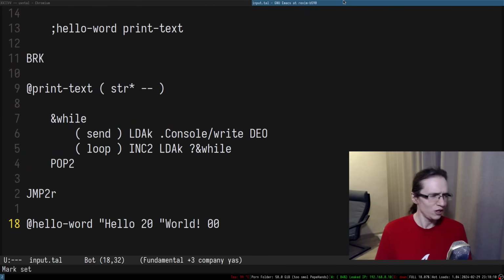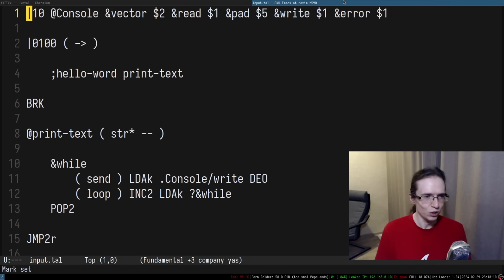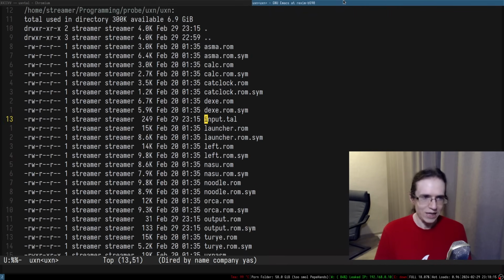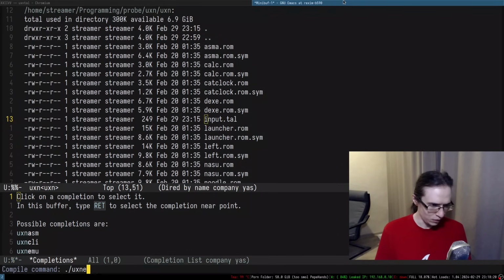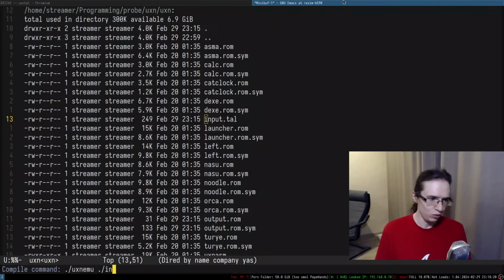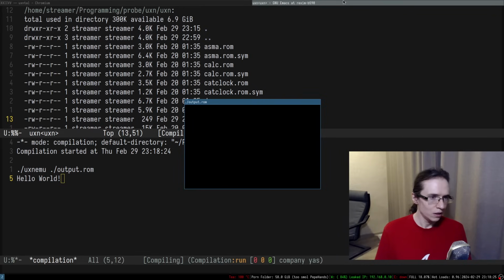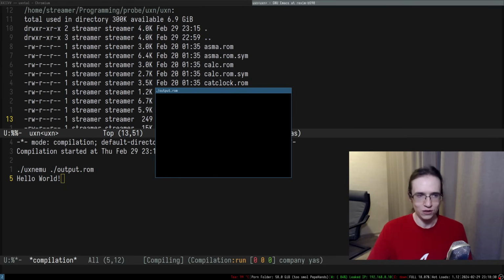This is such an interesting and fascinating language. Like, I have no idea what I am looking at. But we created a ROM. So if I do uxnemu and then just do the output ROM, it just did hello world, but on standard output and did nothing on a screen.